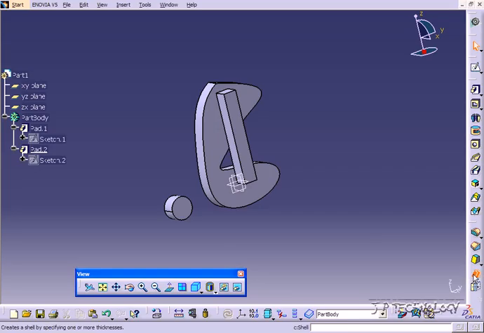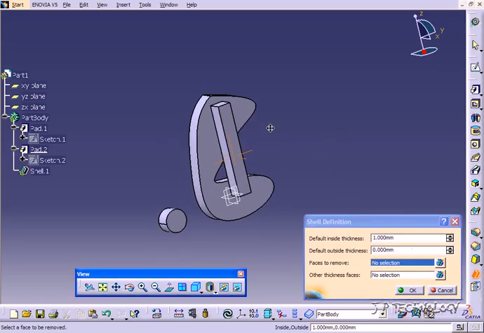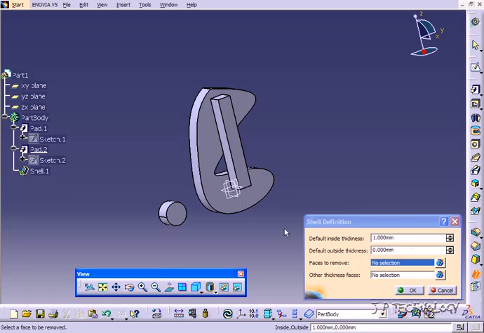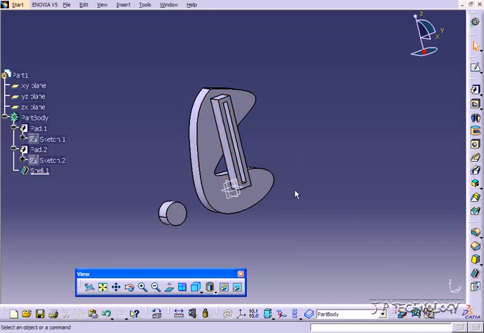So we'll click shell, and it's going to ask you to click faces to remove. So each face you click is going to be removed, and then the inside thickness, that's how thick your part's going to be after. So let's change this to 10, and let's click this face here. Click OK, and then you're going to notice that it's cut out there and that the thickness is 10, and